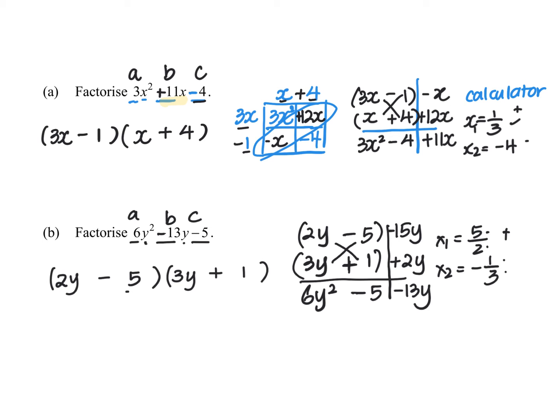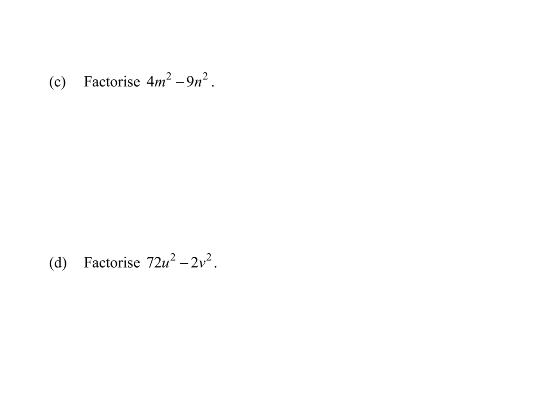Have you gotten the skill? Let's move on to the next question. In this question over here, you notice that this is an expression with 2 terms, and not only that, it is a quadratic expression with 2 terms because we have a power 2, something square with something square, and this is a minus sign. So for this type of question, we should identify that this is using the special product a squared minus b squared